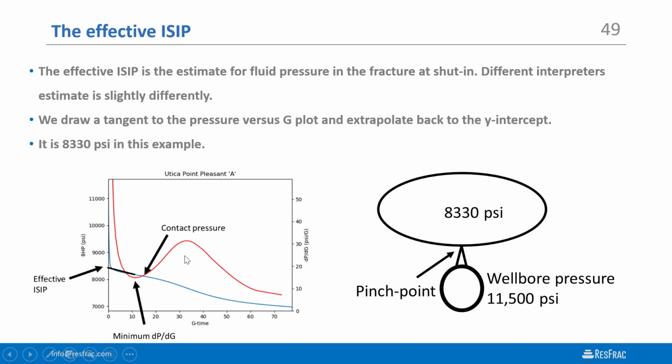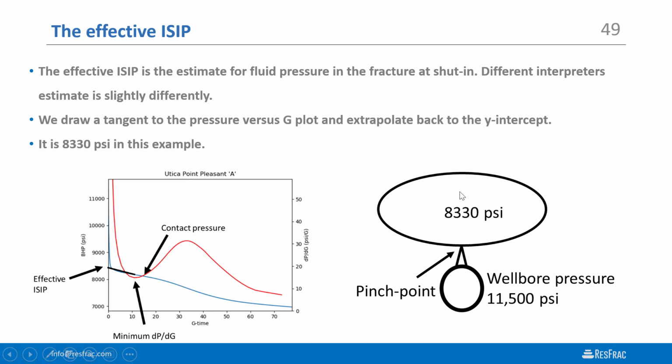We also need to estimate what we think the pressure in the fracture was actually at shut-in. That's useful for purposes of doing calculations to estimate things like net pressure and permeability. And so what we're recommending doing is to identify that point of minimum dPdG and then draw a tangent to pressure, and extrapolate that back to the y-intercept. The idea being that in the fracture itself, this system has been ideal the whole time, and what we're actually measuring is being impacted by the near wellbore tortuosity. So we assume that this ideal trend probably existed roughly back to shut-in,